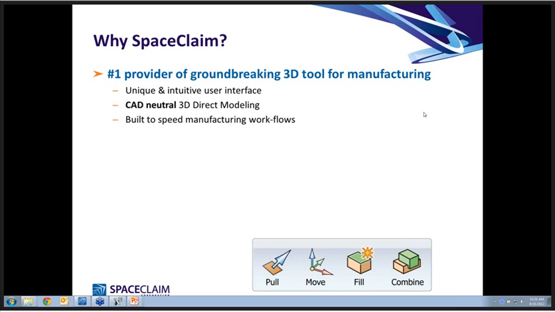If you look down at the bottom of the screen, you'll see 4 tools: pull, move, fill, and combine. You'll see that in the user interface, and you'll see me using those quite a bit. This is what we've built the entire UI and the software around: simplicity, ease of use, getting your job done faster, getting parts out the door faster, because you don't have to spend a lot of time in the